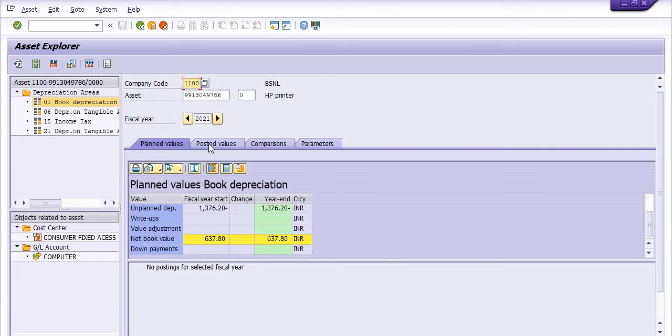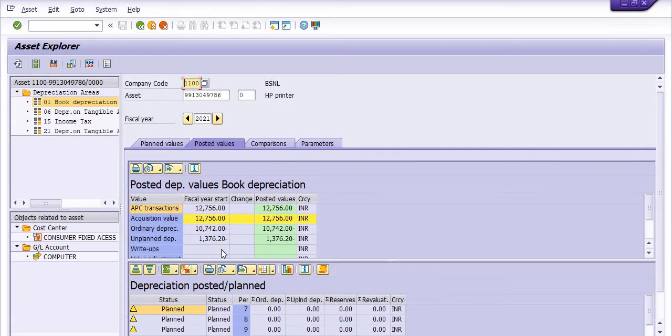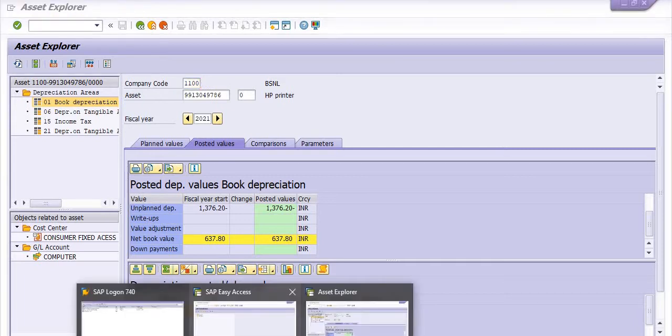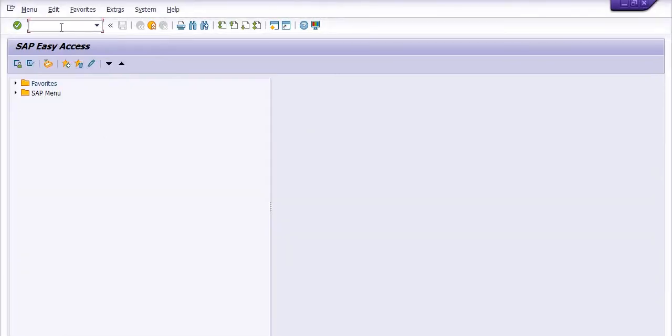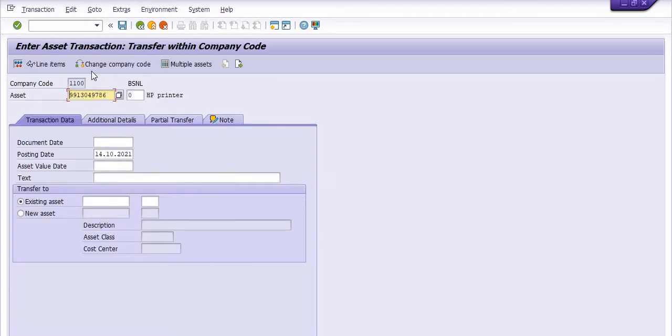So the posted value is the same, and the acquisition value is this, and 10742 is the ordinary depreciation charge and unplanned depreciation charge is 1376.20. So net book value is 637.80. We are going to decommission this asset, and for the decommissioning of this asset, ABUMN is the transaction code.